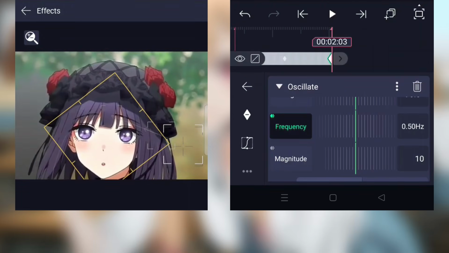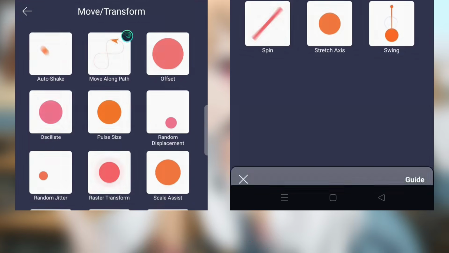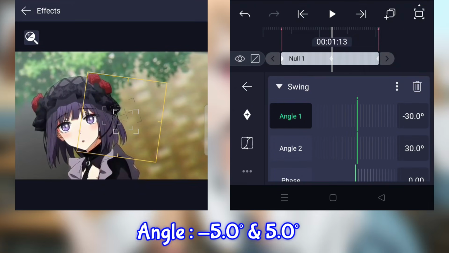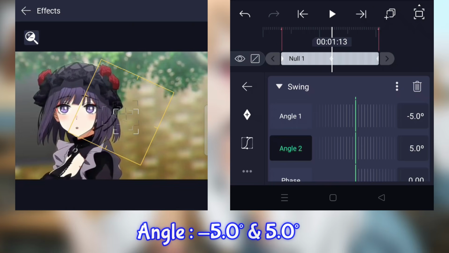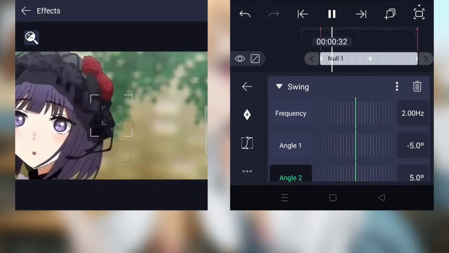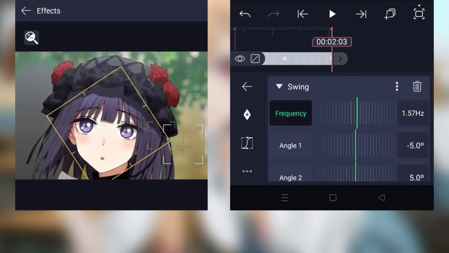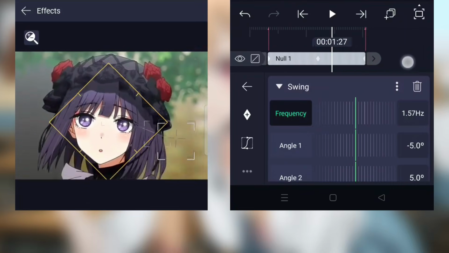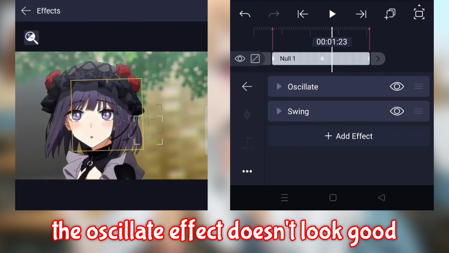Next, add a swing effect. Pixelate effect doesn't look good.